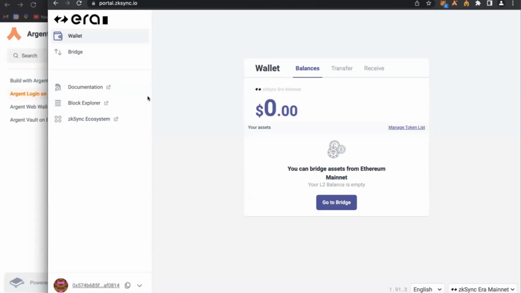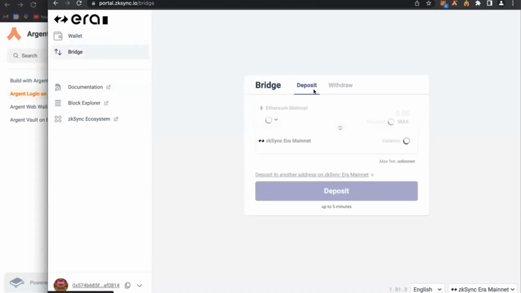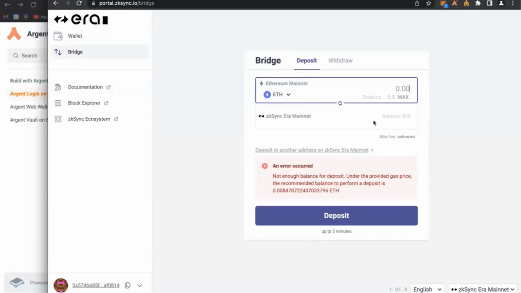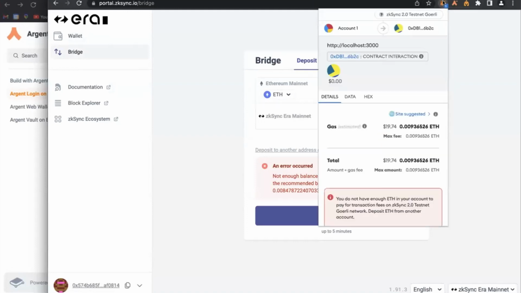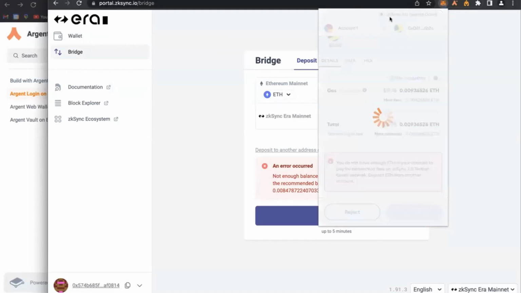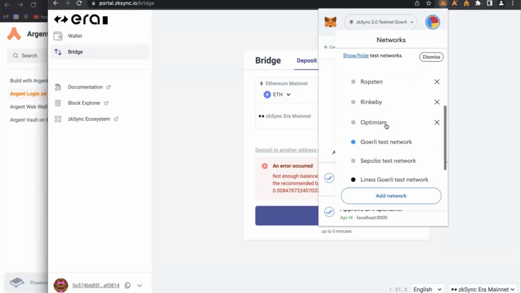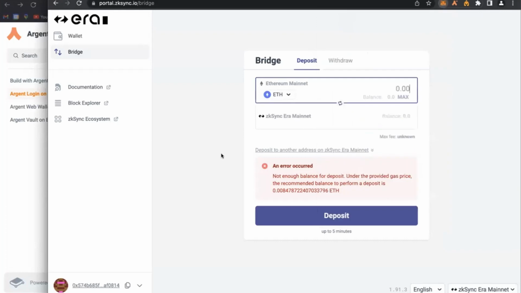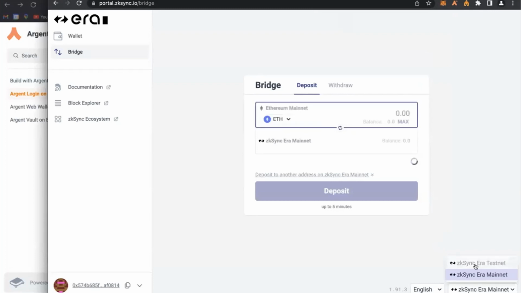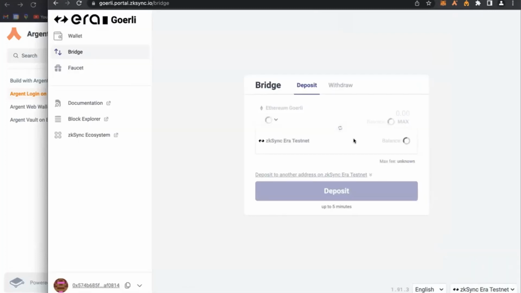Oh, okay, portal. Try to read. Oh, it was a minute. Okay.